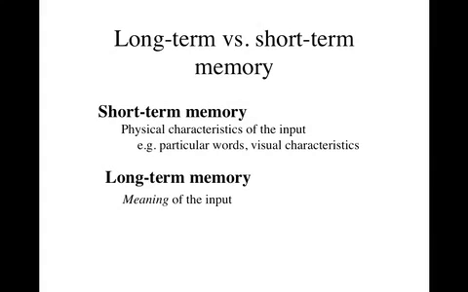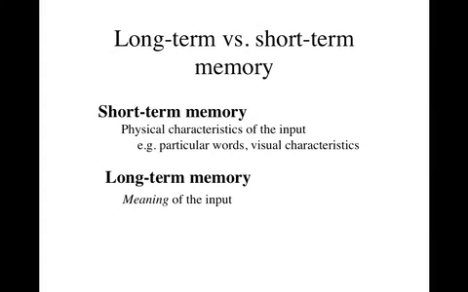What's the difference between short-term memory and long-term memory? Well, short-term memory is encoded in terms of the physical characteristics of the input. So it's much more specific to the particular way in which the information was conveyed to you. You can remember specific words. You can repeat an entire sentence. You may remember the intonation. You may remember visual characteristics of information you saw,